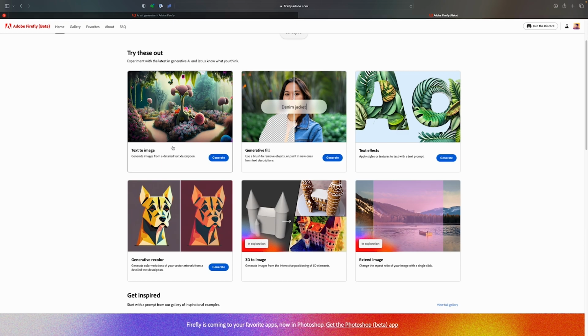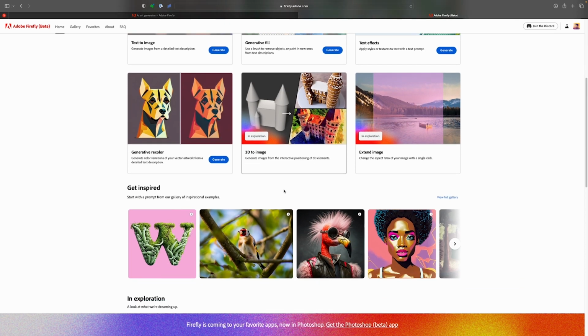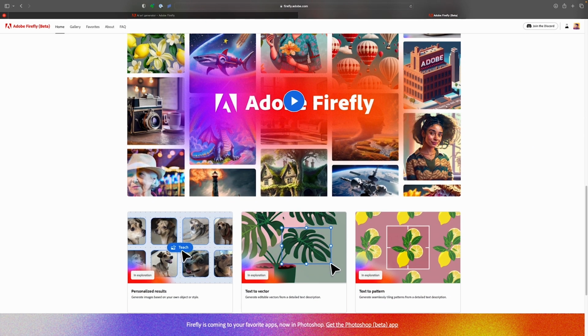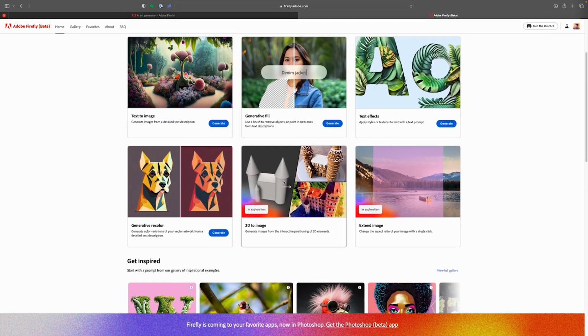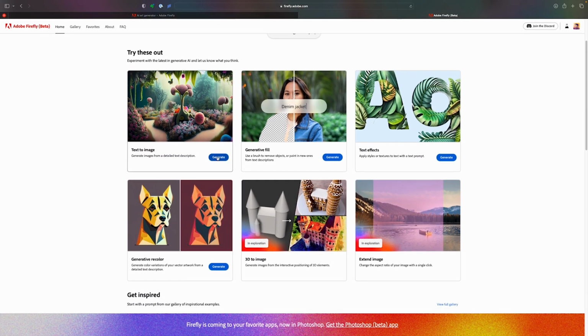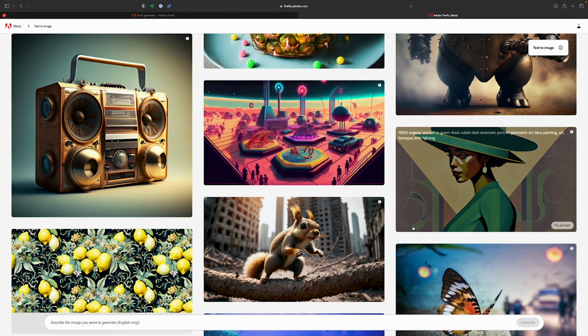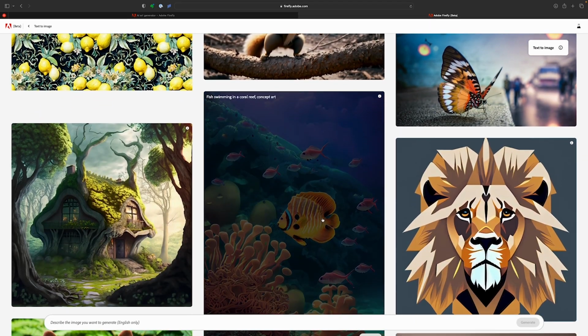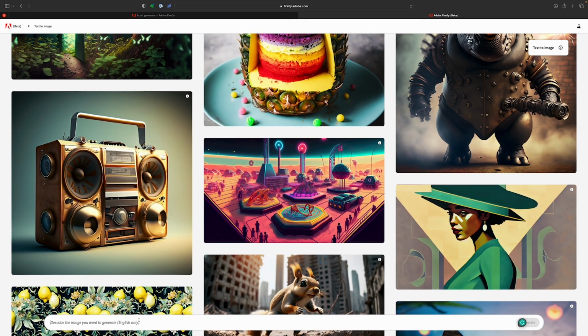So we've got the text to image generator, generative fill, text effects, generative color, 3D to image. I mean, I've not even touched any one of these things, but go have a look. It's just incredible what these things can do. So if you want to make a text to image, you click generate. It brings up some samples, and as you can see, there's some beautiful work that people have been doing. And it's as simple as typing in